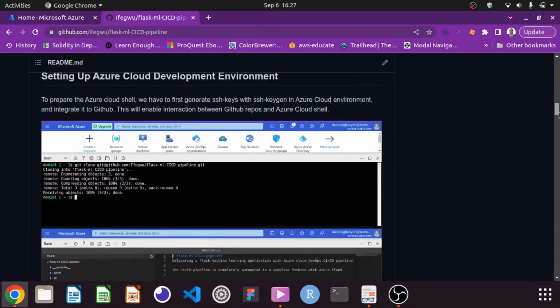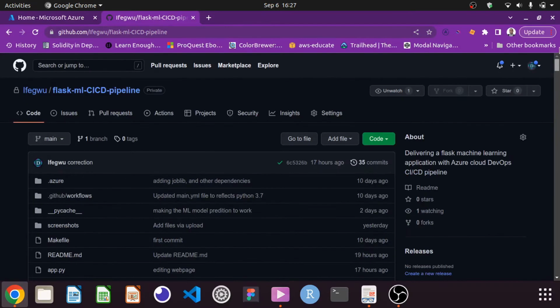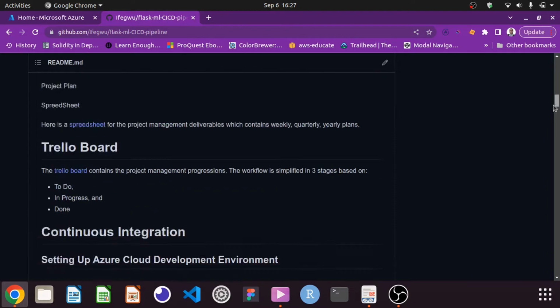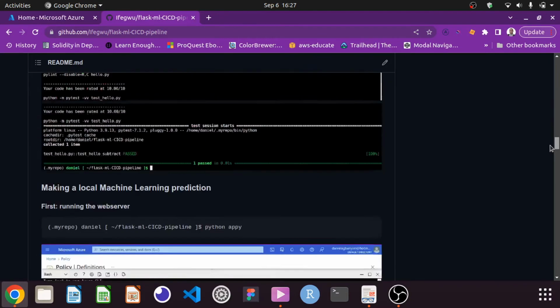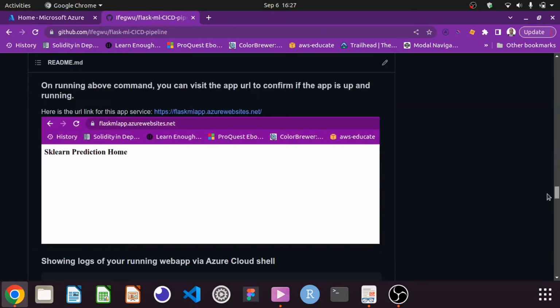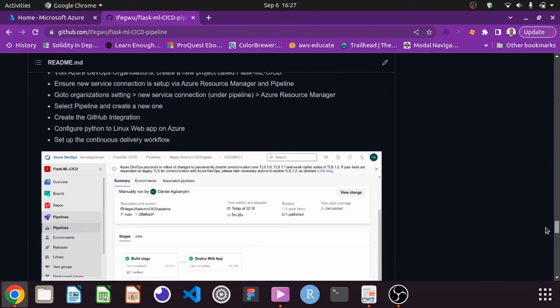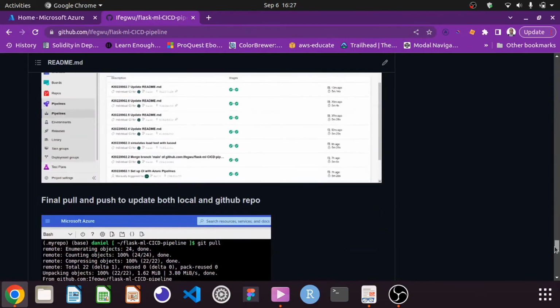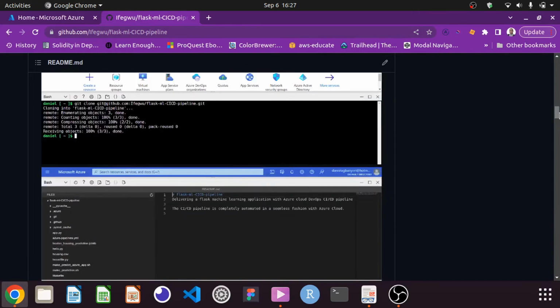your repo. So if you go to this repo, though it's private, I'll make it open very soon so that everybody can have access to it. You will see all the things I've done, and in the README, you will see every step I've taken to build a functional CI/CD pipeline. So we go back to